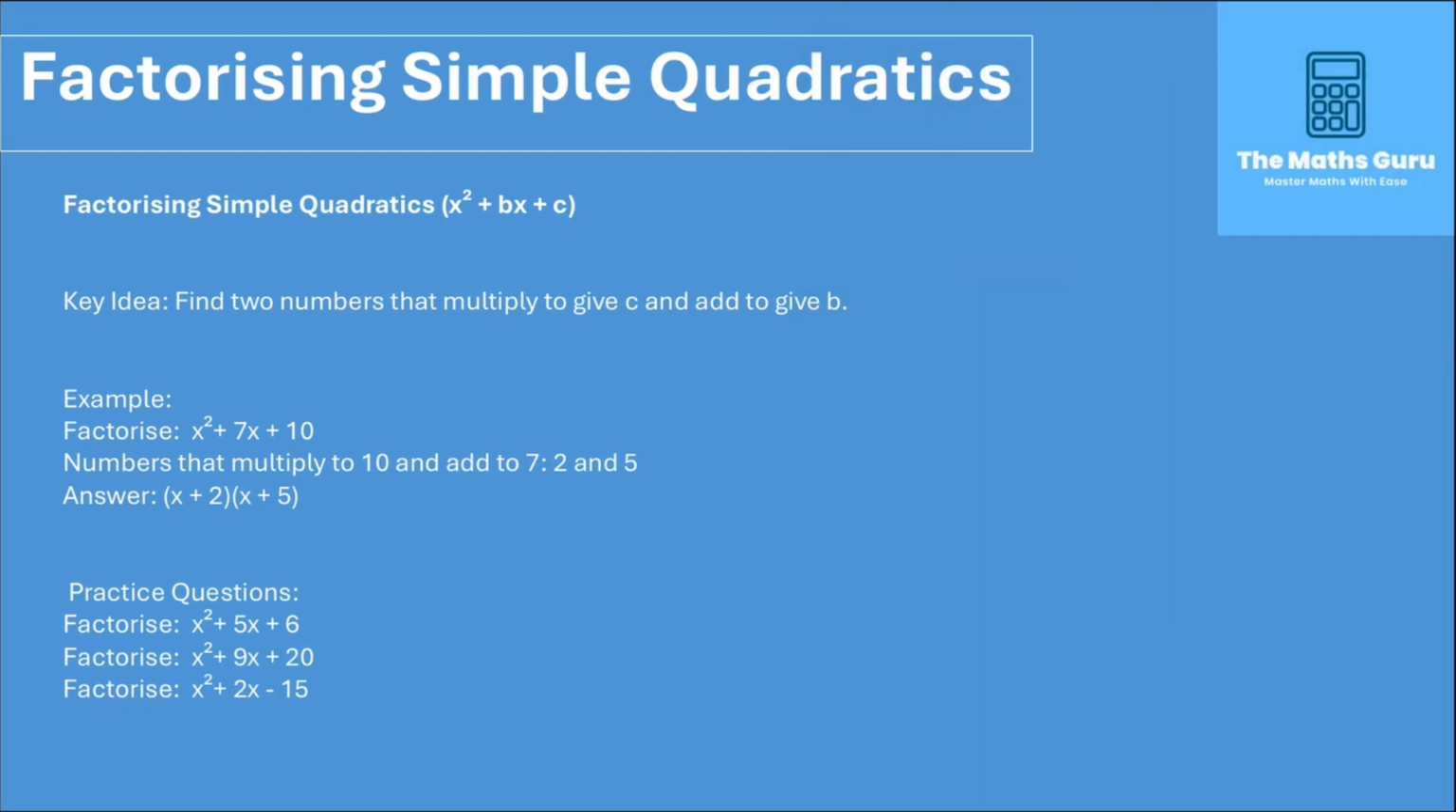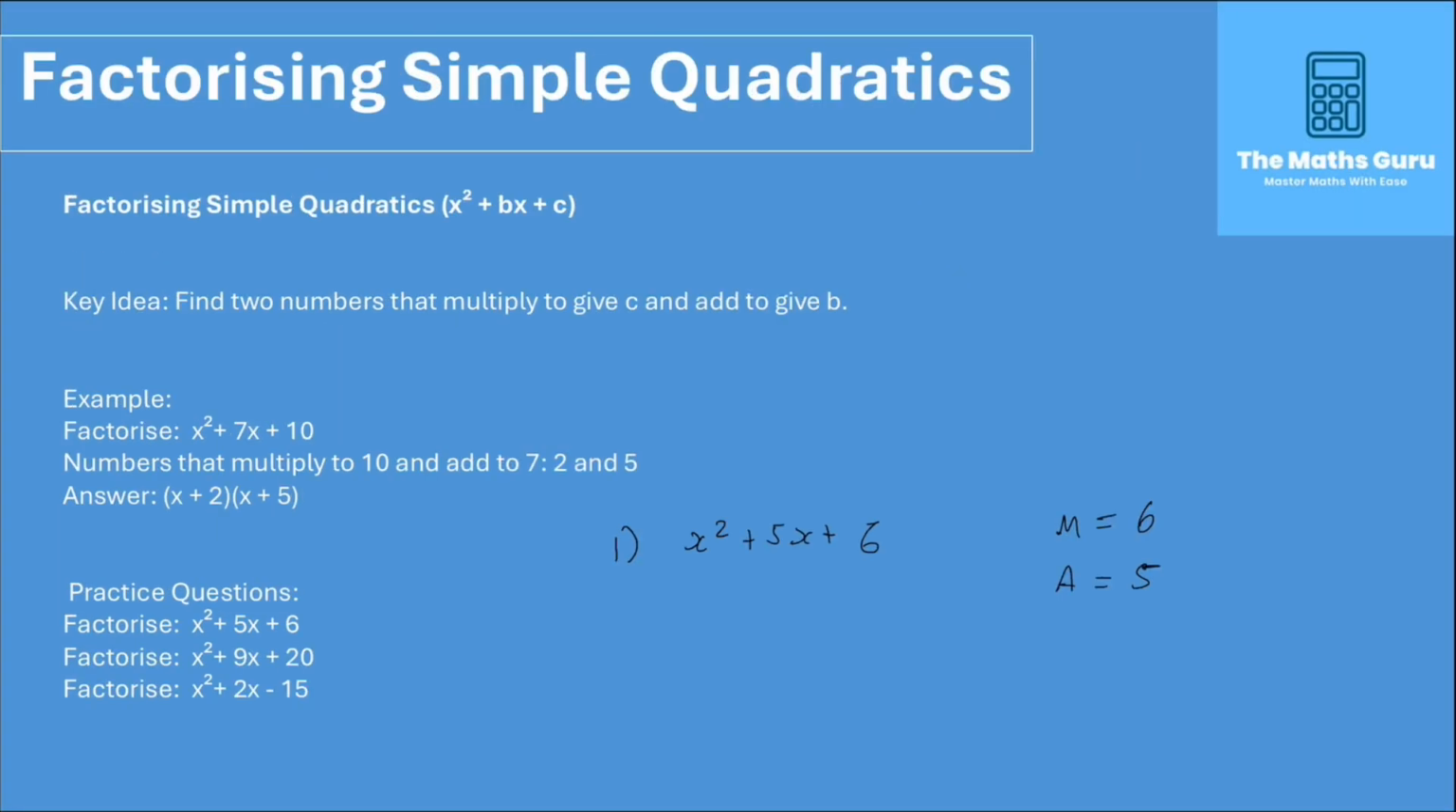Okay, hopefully you've had a go at those questions, and we're just going to get straight into answering these ones. So, x squared plus 5x plus 6. We need to find two numbers which multiply to give us 6 and add to equal 5. So once again, we start by finding the factors of 6. So we have 6 and 1,